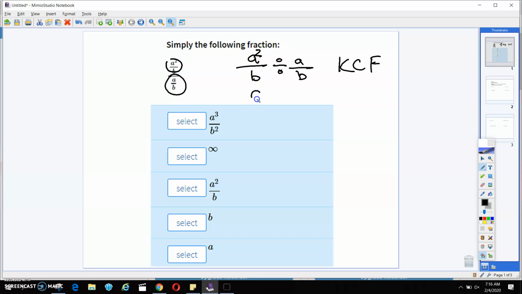All right, so I'm going to keep this, change the sign, and flip the other, okay? And when I multiply straight across, what I'm going to get is a squared times b over b times a. So what can cancel out? Those b's. And then I'm left with a squared over a, which can be simplified down to,